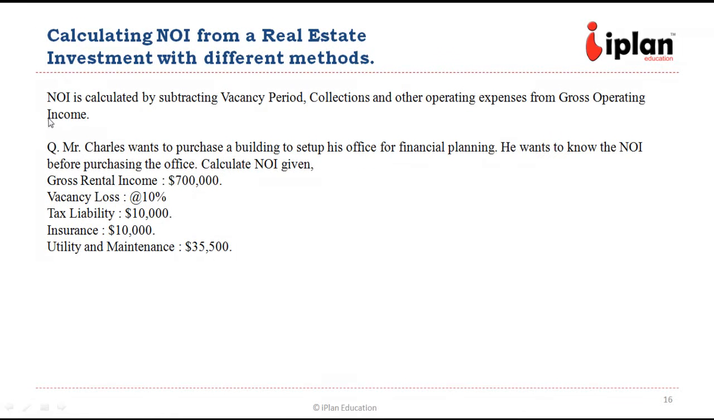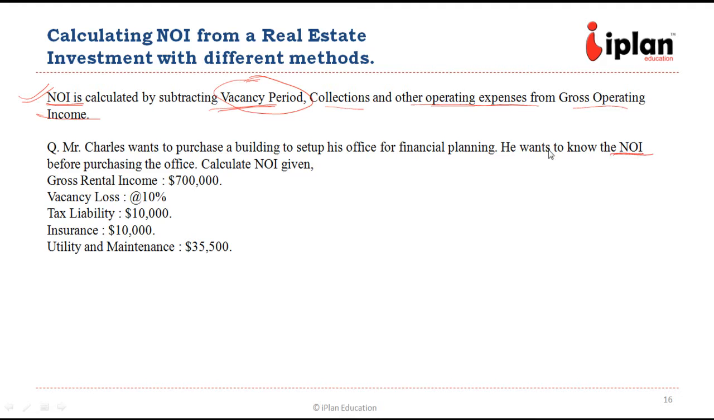This net operating income NOI is calculated by subtracting vacancy period. If there is a property which was not occupied all the time, there was certain vacancy period, then that has to be adjusted in the net operating income. If there are certain collections or there are certain operating expenses or maintenance expenses, then those should be subtracted from the gross operating income in order to find out the actual net operating income. So in this example,